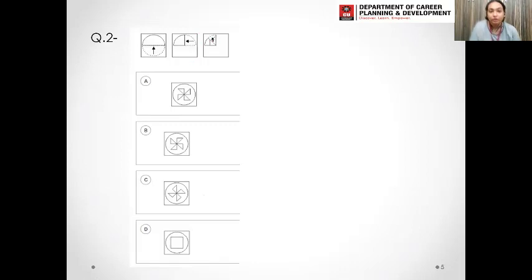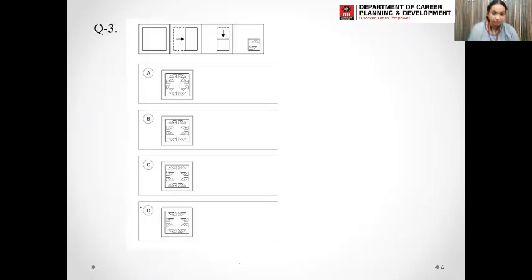If I unfold this paper over here, it will look something of this sort. If I unfold it at this point, this will form a rectangle. If I unfold it at this point, the water image will open up to this. So our answer is sphere inside a circle, which is option number D. Let's move to the next question.